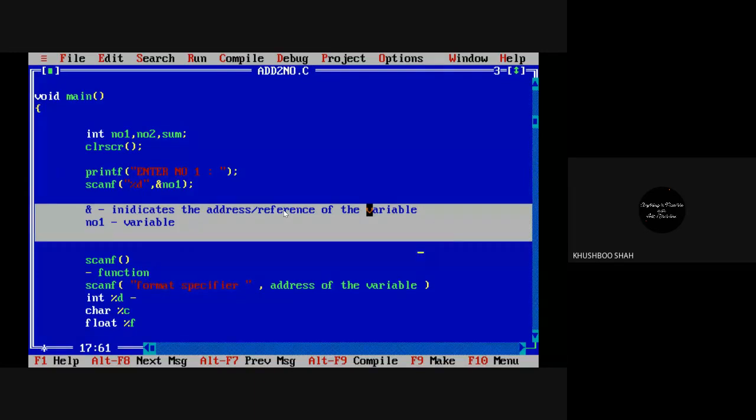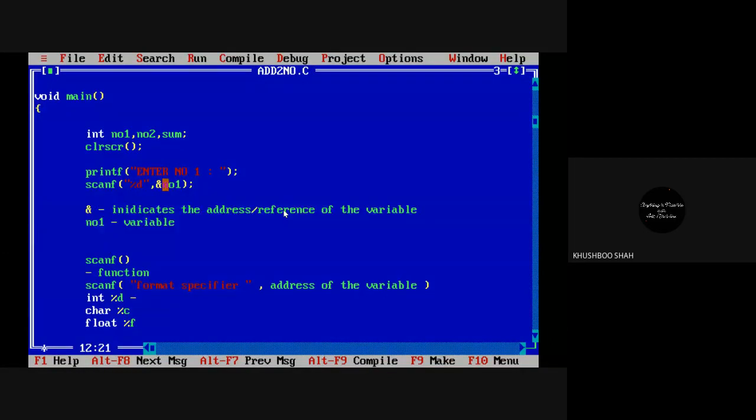The scanf statement will scan that value, check the data type, and store that data inside the memory. See, after enter number 1, suppose I have entered 5, so that 5 will go to the location no1.